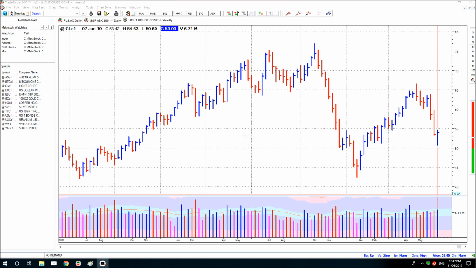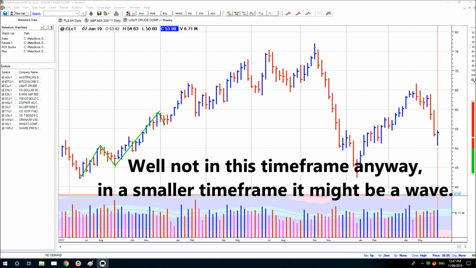Now, I was previously calling this market weak for some time, as you'll see, but it takes a long time in the real world for things to actually take place. Let's put some waves on it and you'll be able to see how things pan out. We'll do a combination of the waves and of the bars here. So you can see prices pushed out. We could mark that as a little wave there and a little wave there, but a single down bar probably isn't a wave.